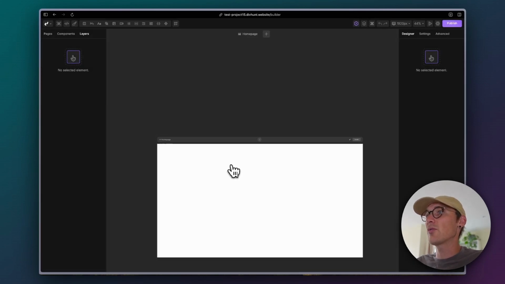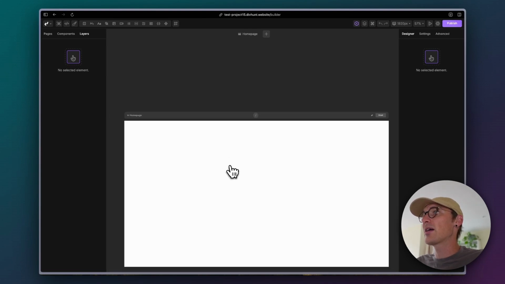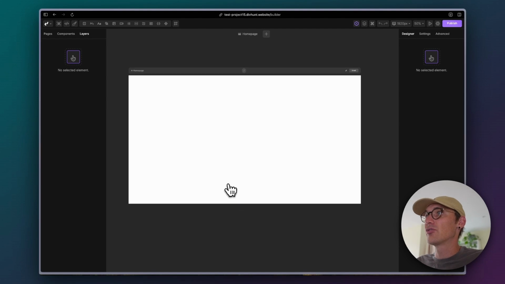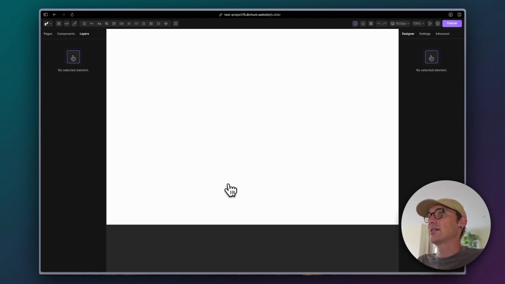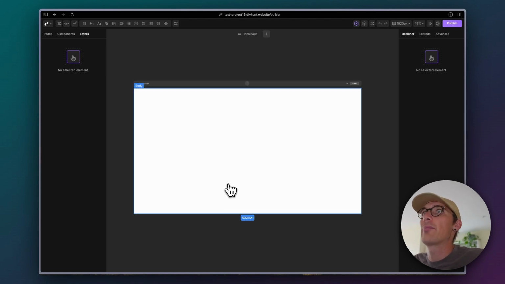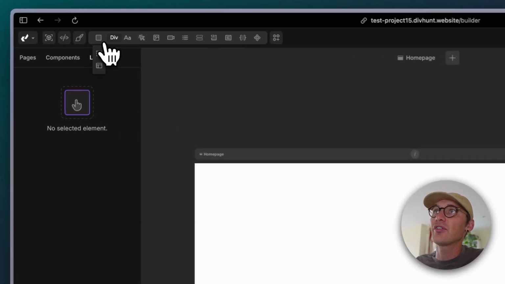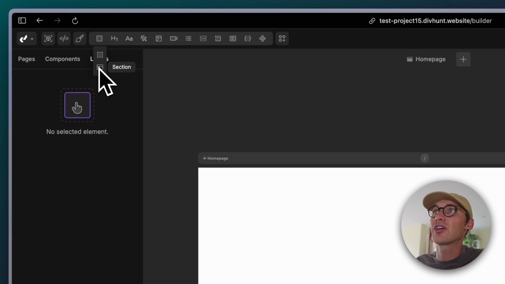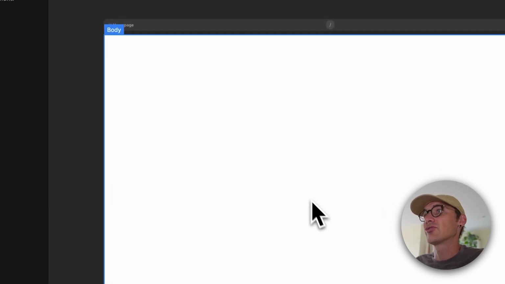Okay, so straight away we've got a Framer, Figma-like canvas rather than the static Webflow approach, which is your classic web page builder. Starting to feel more like a thing. So I'm guessing this is a div. Yes. I wonder what the different divs are. Container, section. If I draw,